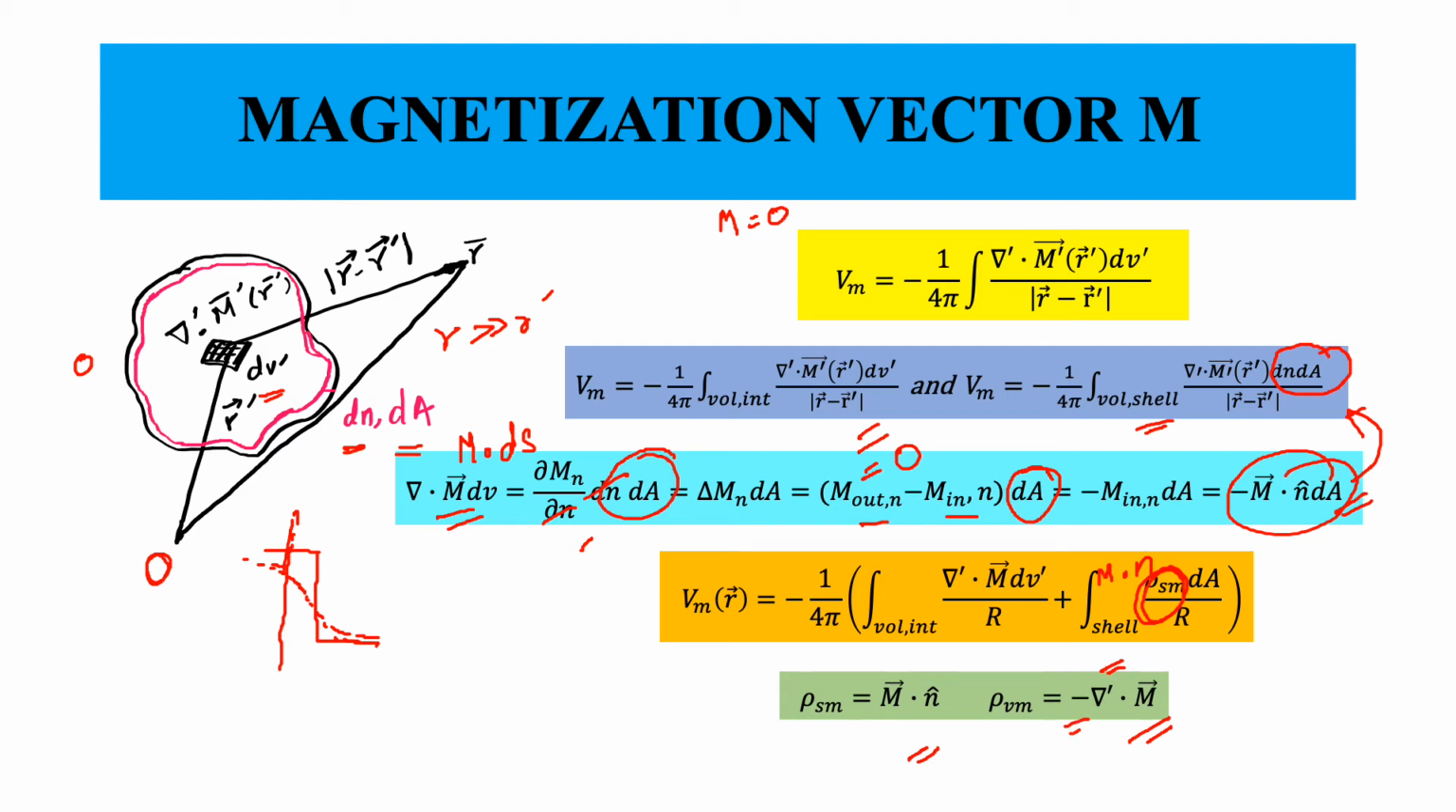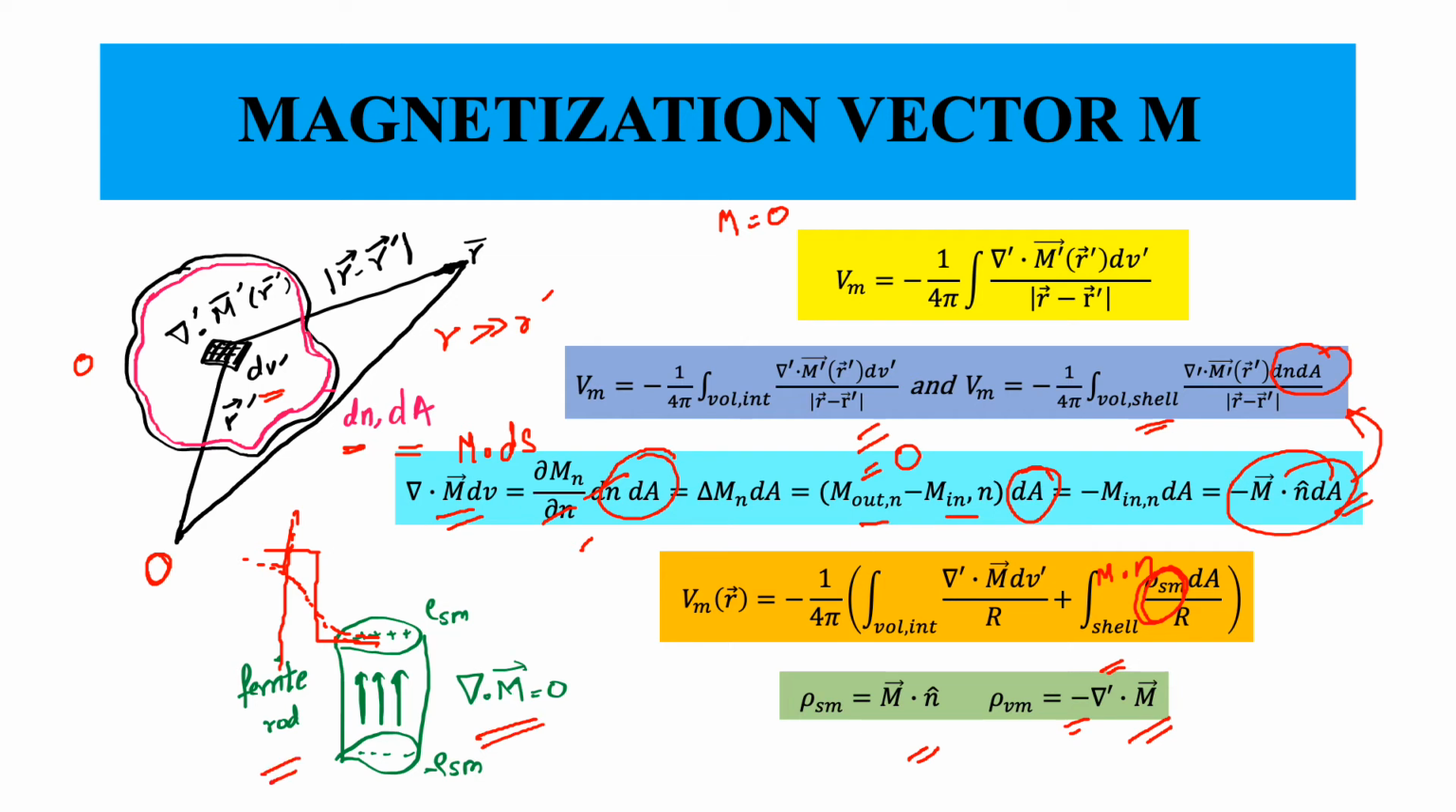So you also have obtained the volume charge density, minus del dot M. Clearly, if you take a rod, a magnetic material which is uniformly magnetized, there will not be any divergence of M inside. So divergence of M is equal to 0 in the interior of this rod,